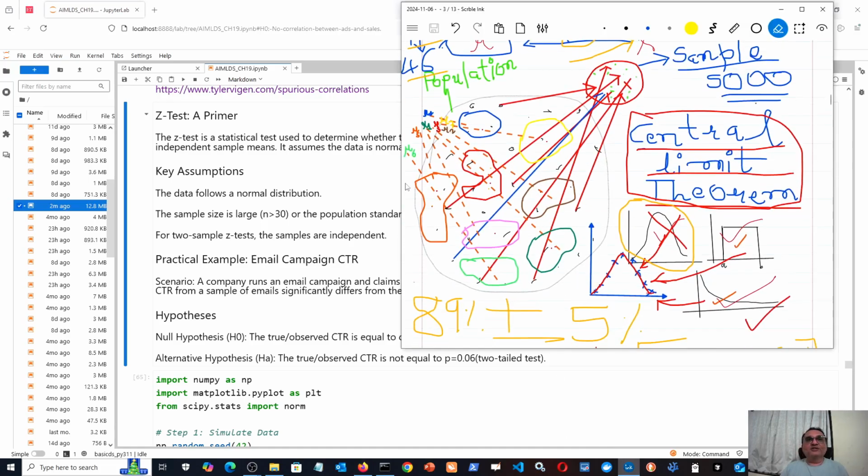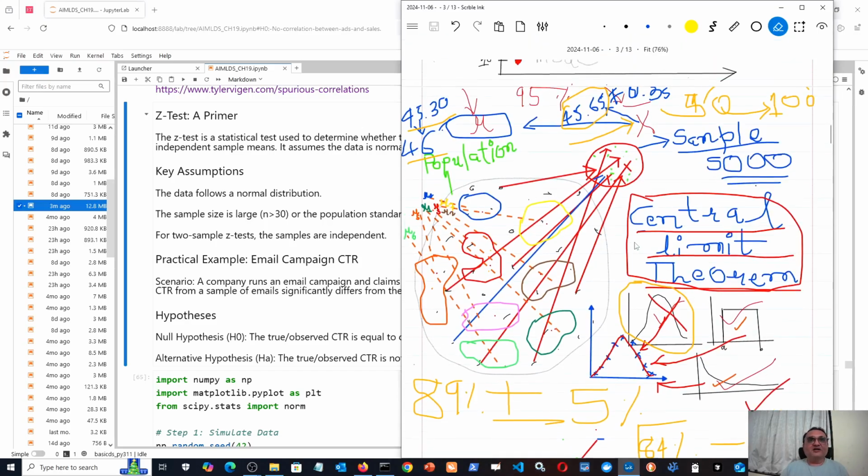So I have shown this diagram many times. It has become a little bit dirtier, but we know that the entire business of statistical testing, and particularly inferential statistics, is this. This is the data set of say 2 million customers of my Walmart, and I want to make some particular assumption about that entire population. Now obviously I cannot do the statistical testing for those 2 million customers, so I take multiple different samples like this, right? So I take different areas, and from each area I select data points by this red color, so